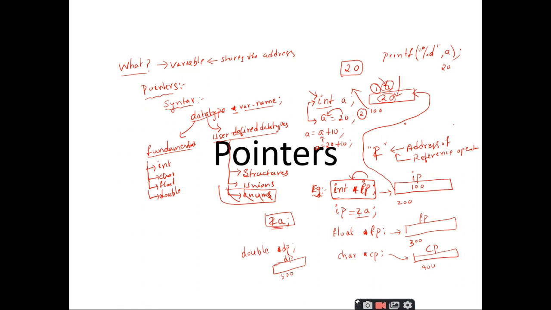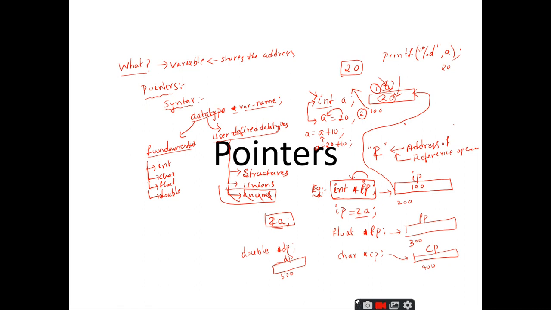Yes, sir. Right. Now you may get a question: sir, if every pointer is taking the equal size, what is the need of having the integer pointer? What is the need of having the floating pointer? Why do we require these 4 types of pointers? The categories of these pointers are based on the address of the variable which you are storing, right?